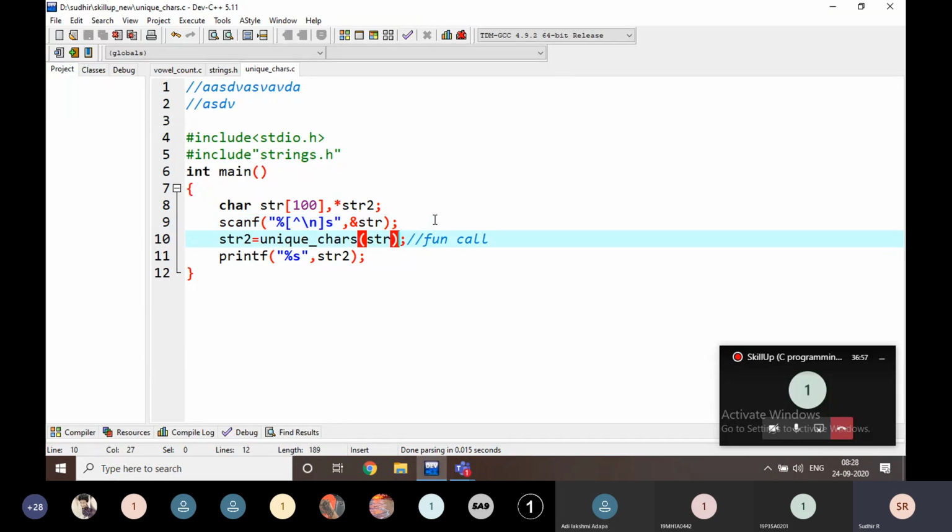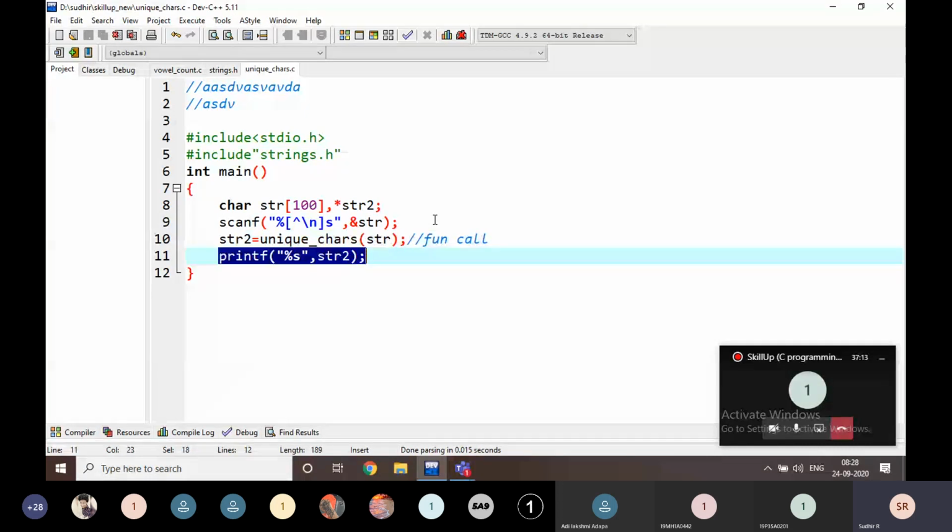This function is not going to return an integer, it is going to return a string's address, and I'm going to print the string here. What are the original unique characters in a string? That's it, nothing else.